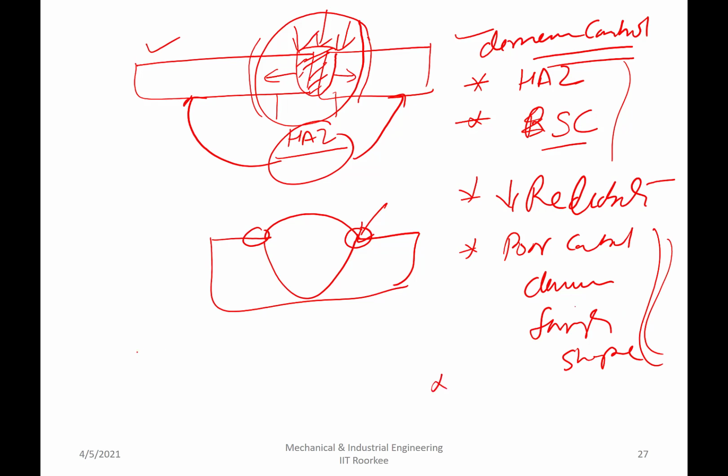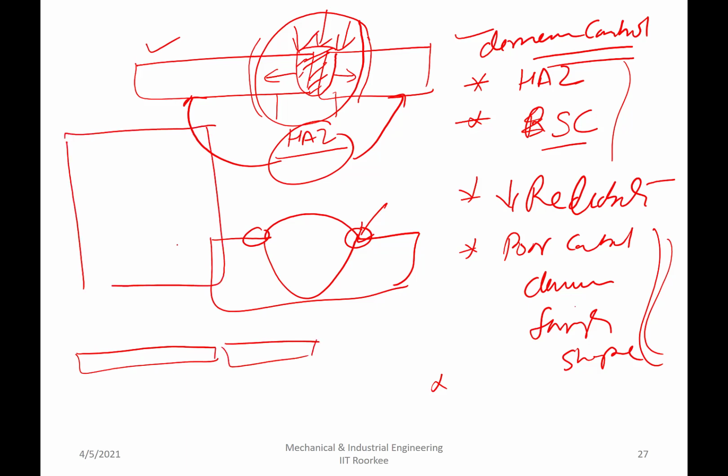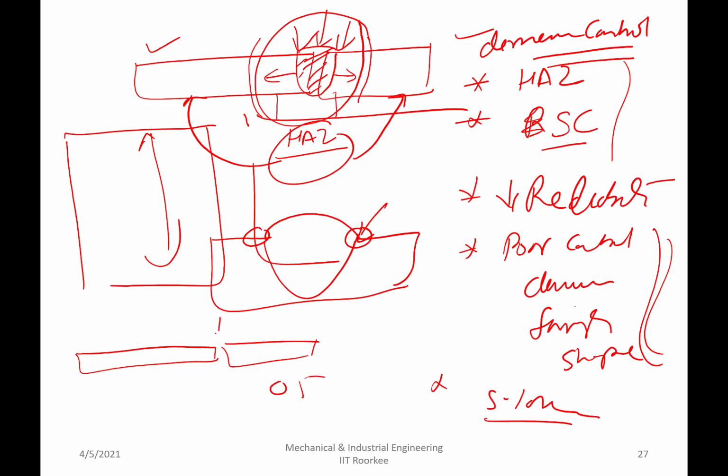You see, the welding of, like say, 0.5 mm thin sheet, or welding of, like say, 100 mm thick sheet, both are difficult. You can do it 5 to 10 mm very easily, but when it is 0.5 mm, you apply heat and it starts melting. It melts rapidly and it starts flowing here and there. So the control over the pool is difficult. You cannot weld films and thin sheets very easily. So very thin and thick section welding is really difficult.